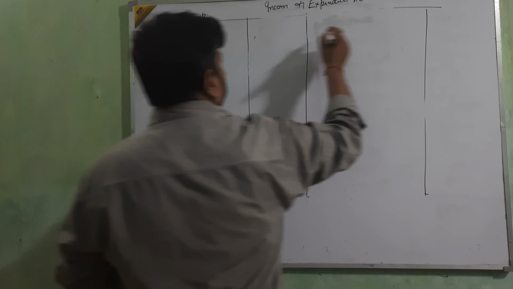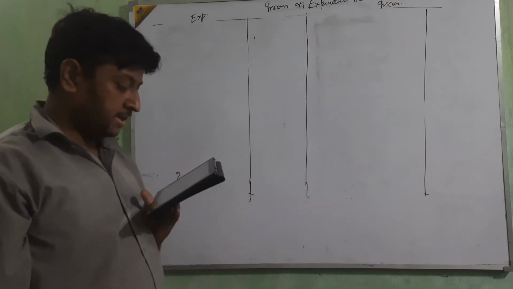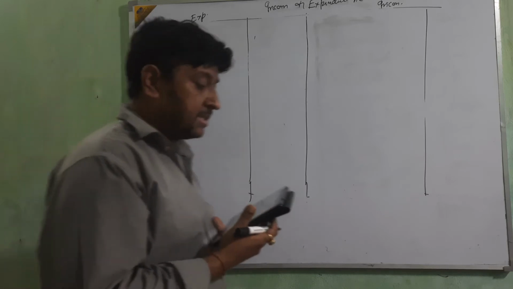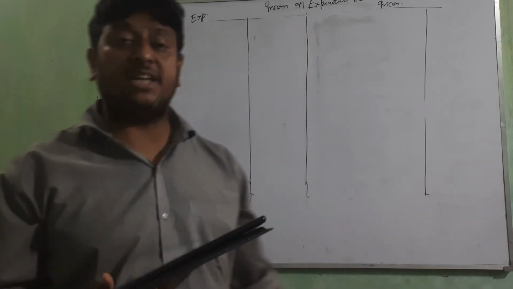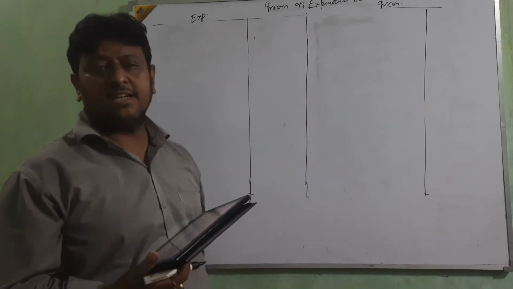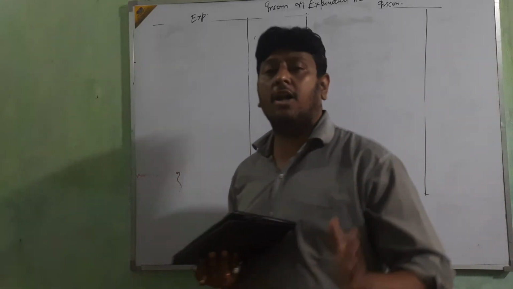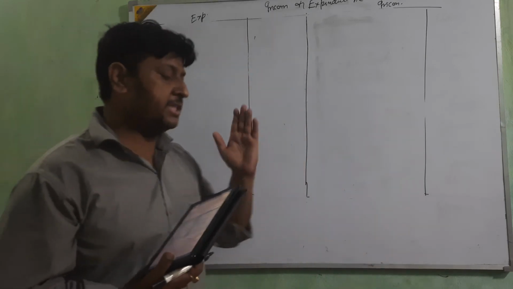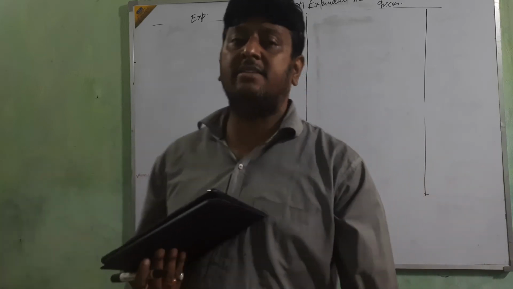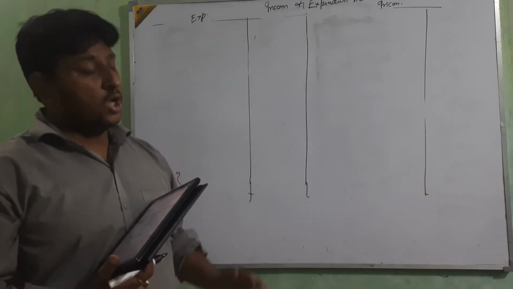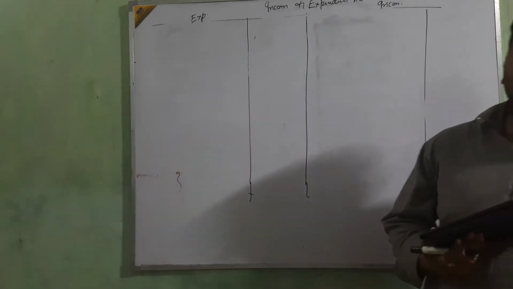This side expense, this side income. Okay beta? Clear? I think you will remember the rules. When we make the income and expenditure account from the receipts and payment account, we only take all expense and income which is related with the current year, and which is in the nature of revenue.